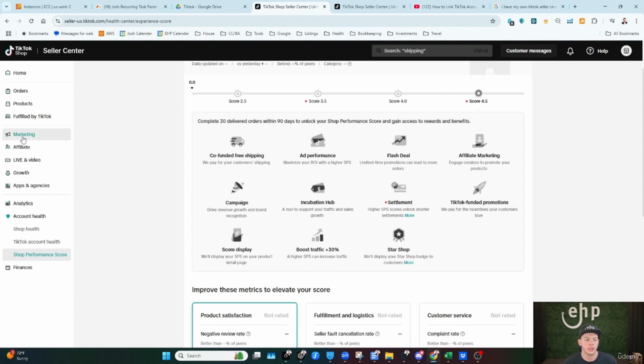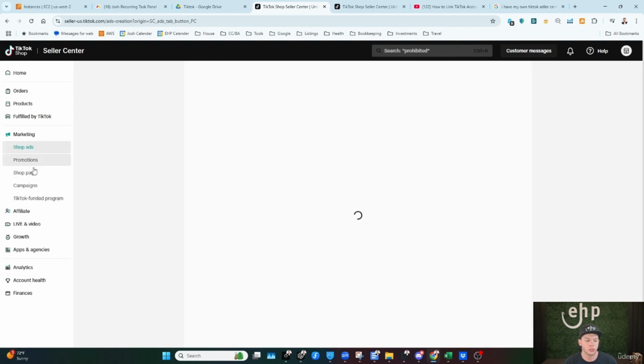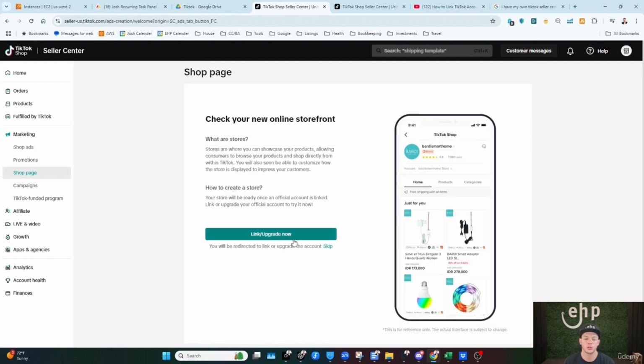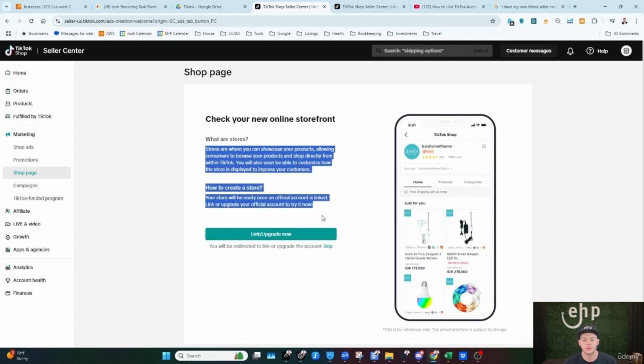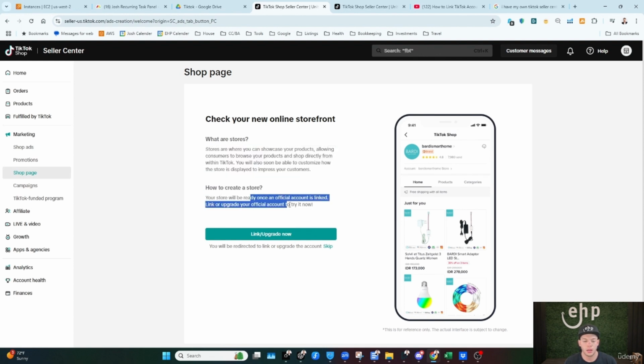The only thing that I really left out or missed was going to be that shop page. Make sure you do set up that shop page, because that's where people are going to click on your items and be able to see all your items in one shop, right? So it's a store where you can showcase your products and they can browse it, right? So might as well check it out